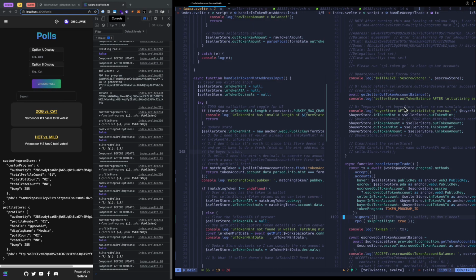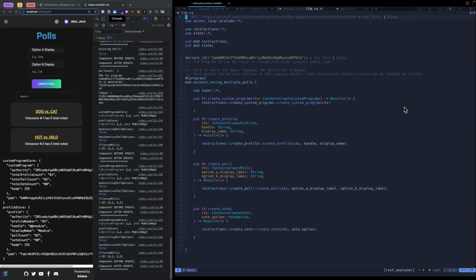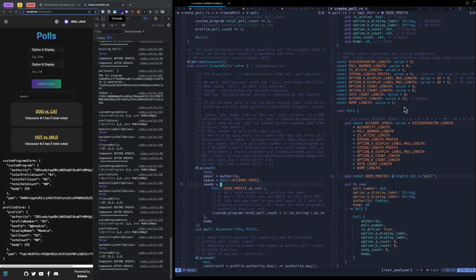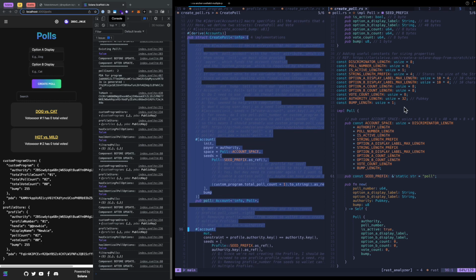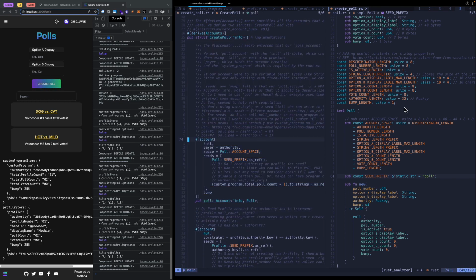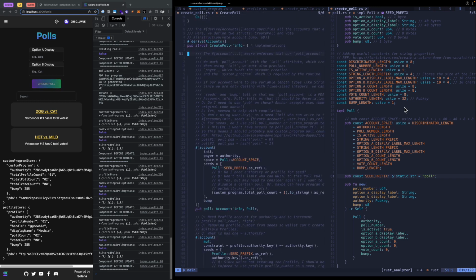Let's get rid of, where was I? Yeah, so that's what this account is allowing here. So in this create poll instruction, I basically am allowing, by how I'm handling these seeds right here. This is important. Every poll account that I'm creating, as a PDA, I'm using just the poll prefix and a unique number. That's it. I'm not adding the authority